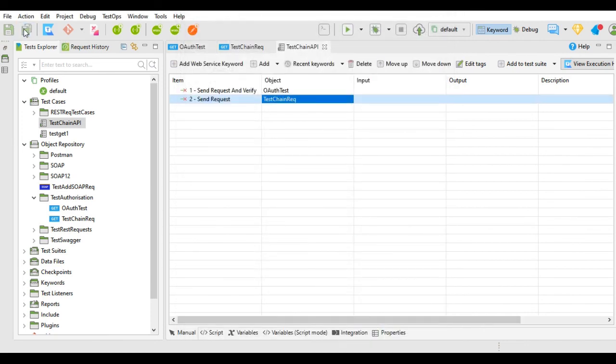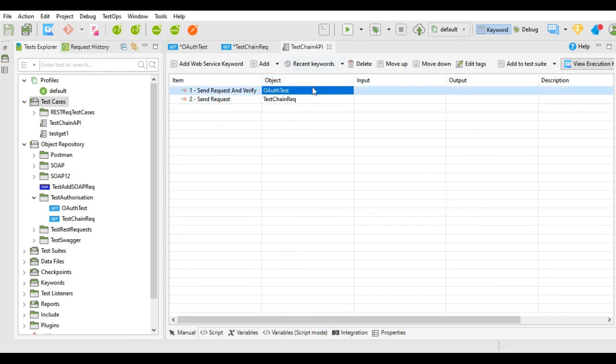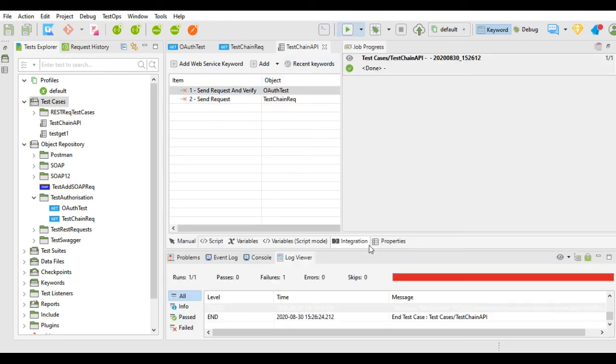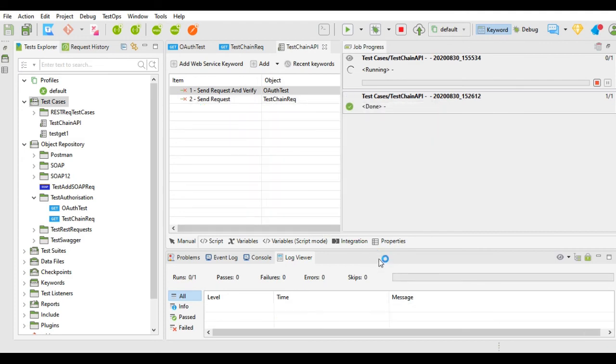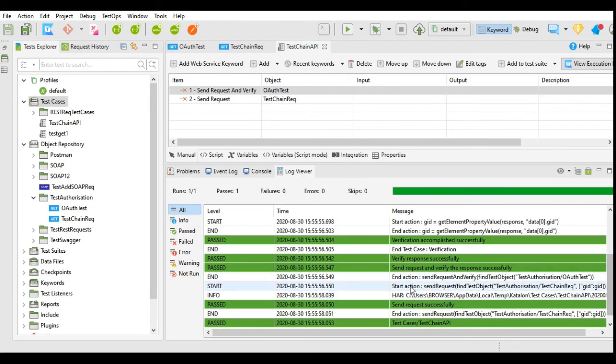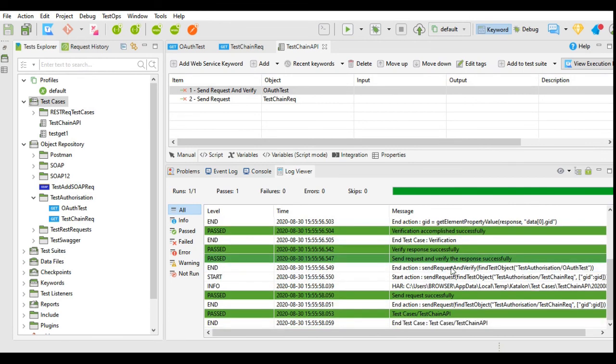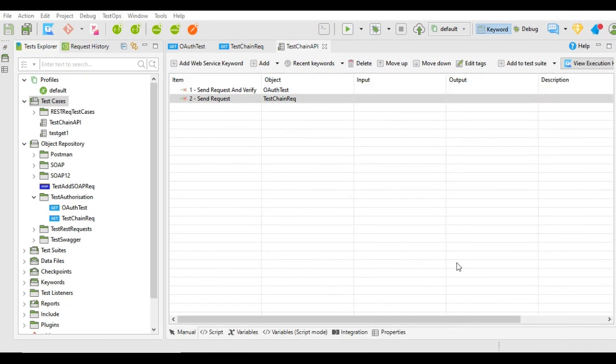So I will save this and we will execute this test case. And after execution, if you check the logs, it shows that it has been executed as expected.